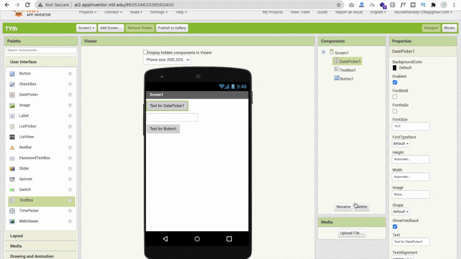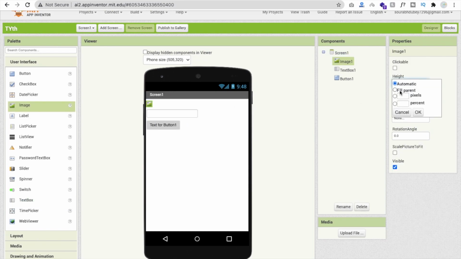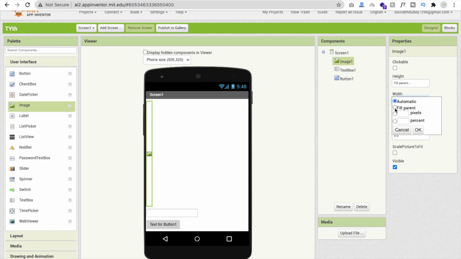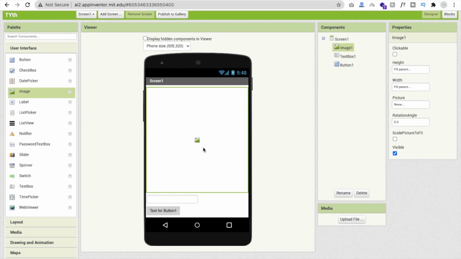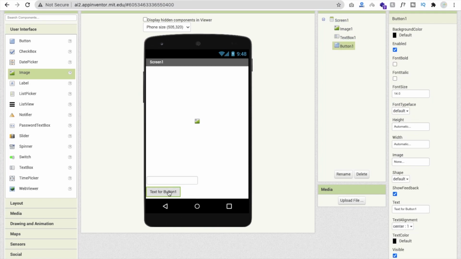Oh sorry, that is not a date, because we need an image, this one. I'm going to make the height and width fill parent. Whenever someone puts their video ID here and clicks that button, I will get that video's thumbnail image here.